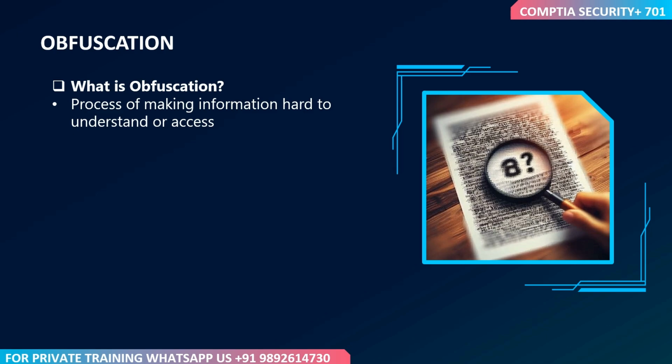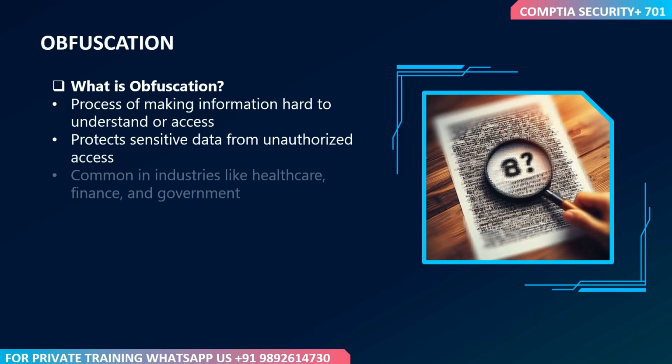What is obfuscation? It is the practice of transforming information into a form that makes it unreadable, inaccessible, or difficult to interpret without the necessary tools or knowledge. The goal of obfuscation is not necessarily to eliminate the access to the data, but to make unauthorized access more difficult or even meaningless. This is particularly important in industries where privacy and security are top priorities, such as healthcare, finance, and government. In the context of information technology, obfuscation helps protect data from cyber criminals, hackers, and anyone who